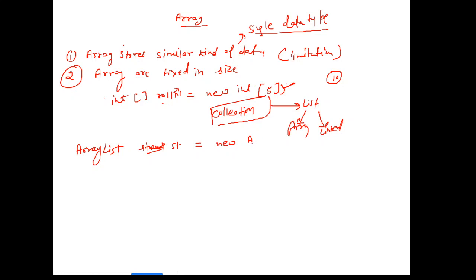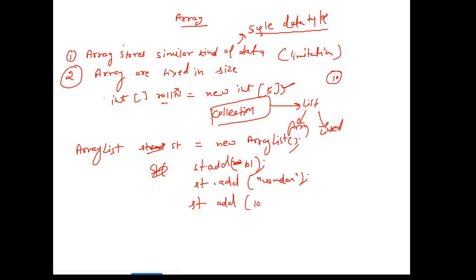So new array list, and here I can add st dot add roll number. You can pass 101 instead of roll number. St dot add, you can pass a string, right? So here with the roll number 101, you can similarly add 102, this is the second roll number. St dot add, and here suppose you add Bilal, right? So you see that you can add a numeric value, an integer value, and a string value in an array list.